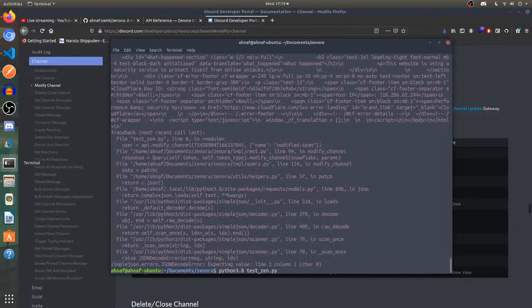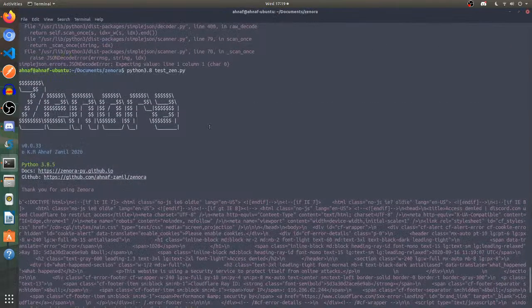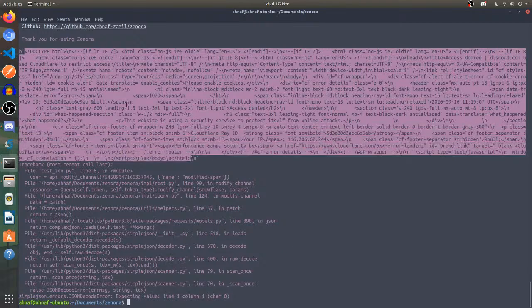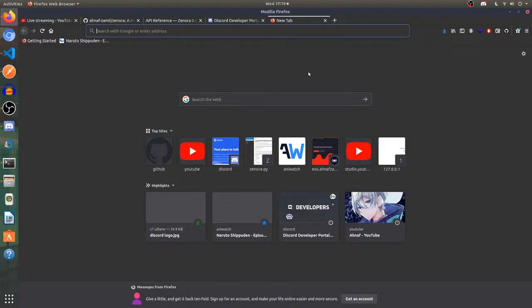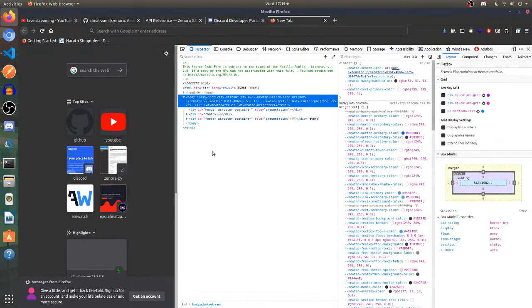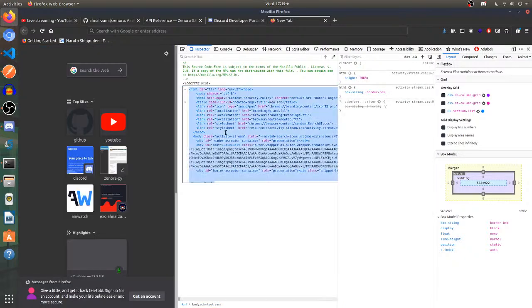I want to actually run it again. Why is this an issue? Let me actually zoom in with the terminal. I want to actually copy this whole HTML file, go to my browser, press Ctrl Shift I, and edit as HTML.